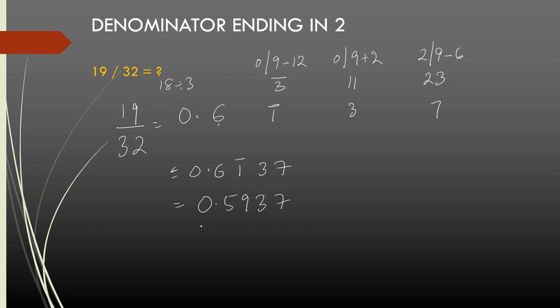So, this is how I can use the extension of the process I used for resolving fractions with denominator ending in 1, and I use the same process with the adjustment we saw in the 2 examples to calculate values of fractions with denominator ending in 2. For denominator ending in 3, it is the same process. Every time I multiply the previous quotient number by 3 before subtracting it from 9.